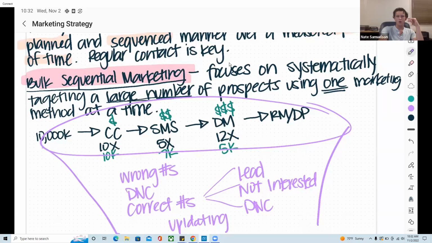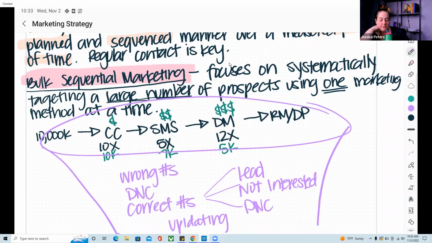Are there any questions about the bulk marketing flow before we talk about niche? What was RM standing for again? Return mail. So if you send direct mail and then it comes back, return to sender, they couldn't complete, you don't want to continue sending direct mail. So you would tag it. And then usually people will do deep prospecting on that if they're doing deep prospecting. Gotcha. Thank you.